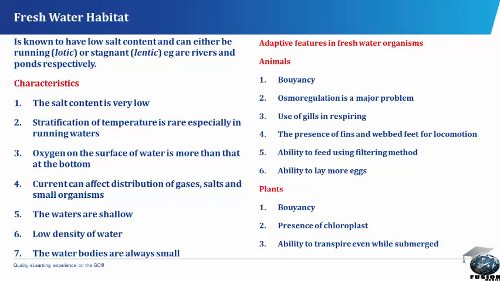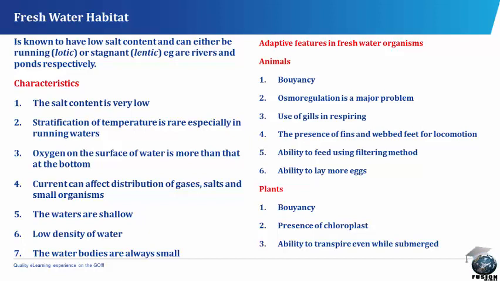There is also the use of gills in respiring, for example, the fish. The fish makes use of the gills. There is the presence of fins and webbed feet for locomotion, for example, the tilapia and duck respectively. There is the ability to feed using the filtering method, for example in birds or mosquito larvae. There is also the ability to lay more eggs since most of them do not survive up to adult stage,